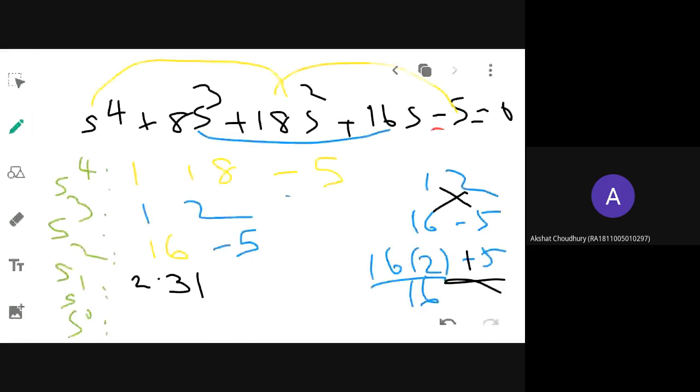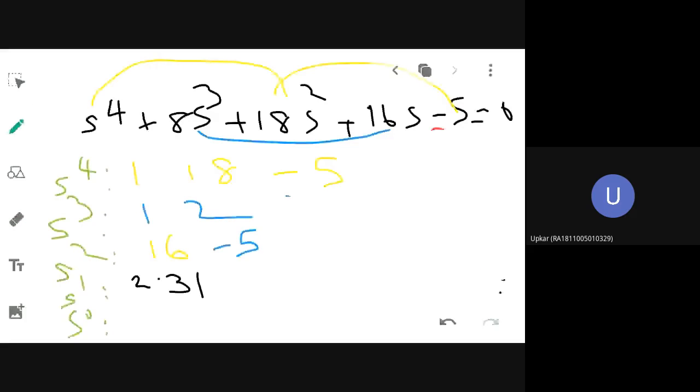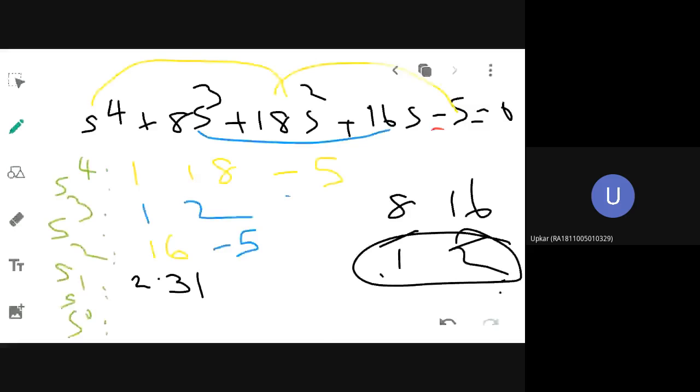Now S3, how are you getting 1, 2? Earlier it was 8, 16. If you are changing the common divisor, you can divide 16 by 8, so it will be converted into 1, 2. Understood? Whoever asked the doubt, why I am replacing 8, 16 by 1, 2? Or if it is very confusing, you keep it as 8, 16 and solve, no problem. If we are keeping it like that, 8 and 16, it is coming 16 only. Whatever may be the answer.